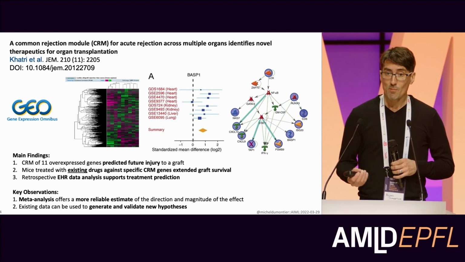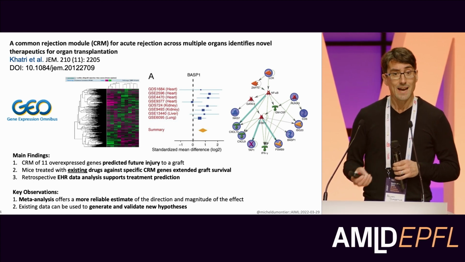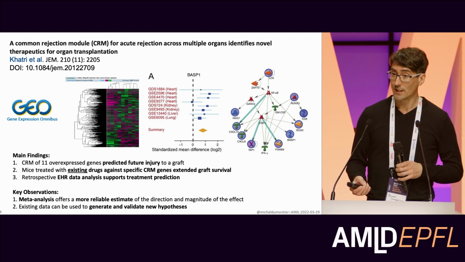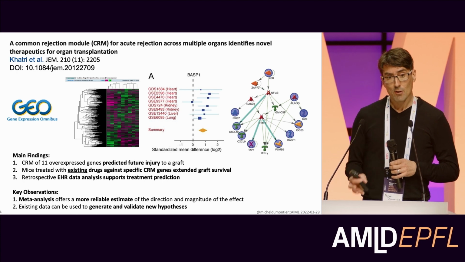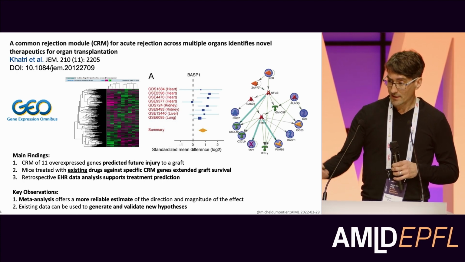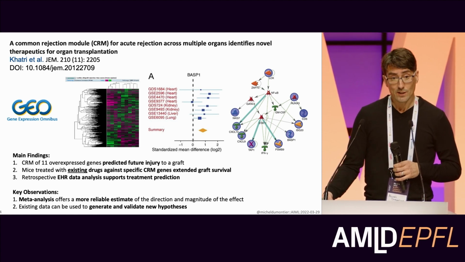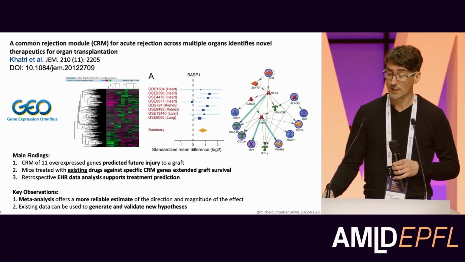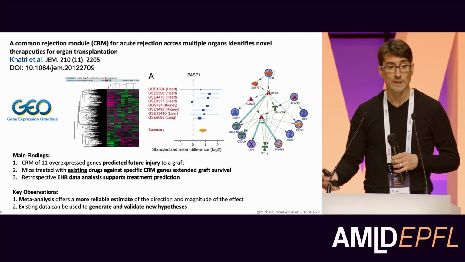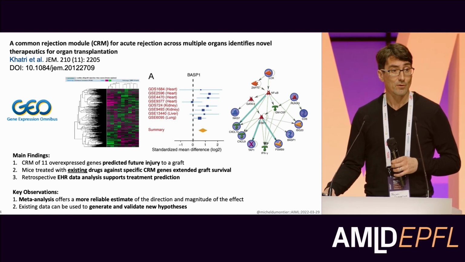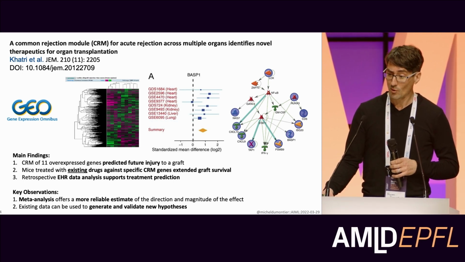This gives you a little bit more power immediately with a kind of meta-analysis, which will better estimate the effect of any one gene in this process. Ultimately, by doing this, they narrowed the set of candidates to a gene signature, which you see on the right-hand side, and they asked the question, what drugs could be used to modulate this particular gene signature? They used existing drugs on the market that would target these genes and saw, can we extend the life, the survival of grafts? They did this with a number of existing drugs on an animal model.